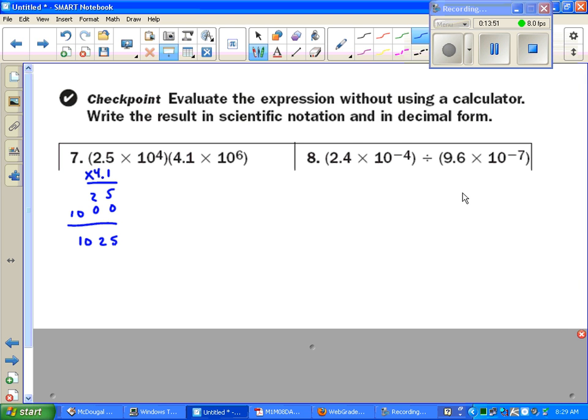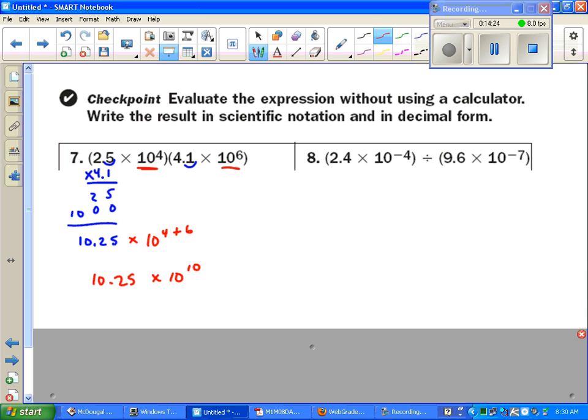1,025, but we have to move 2 decimal places since we had once, twice here. So we wind up with the number 10.25. Again, that's without using a calculator. And we have the same bases we're multiplying, 10 to the 4th times 10 to the 6th. So you multiply those same bases. That means add the exponents, 10 to the 4 plus 6. And you wind up with the number 10.25 times 10 to the 10th power, but 10.25 is not an acceptable